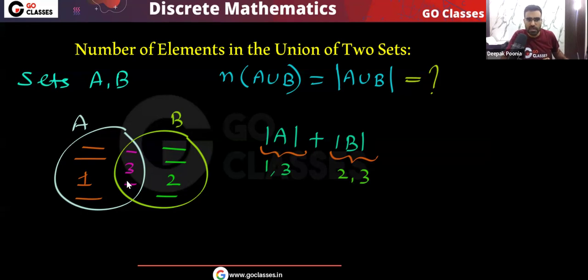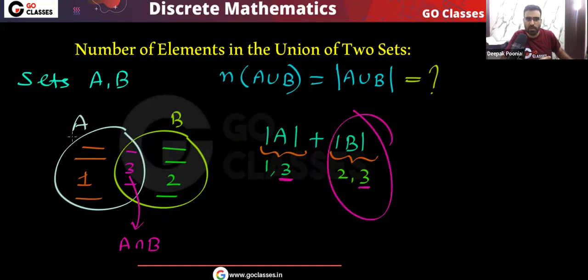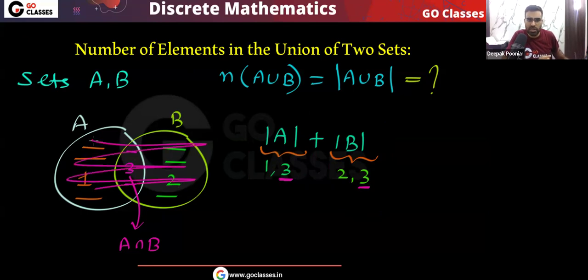So if you notice one thing, what is this area number 3? This is basically the A intersection B area. These are the common elements of A, B. This is the intersection area. Now you can see that when I do the number of elements in A plus the number of elements in B, then the elements of area number 3, which are common in A, B, I have counted 2 times. You can see I have counted the elements of area number 3 here also, and here also. So these elements I have counted 2 times, but I just want to count all the elements only one time. Yes or no? Every element I want to count exactly one time.